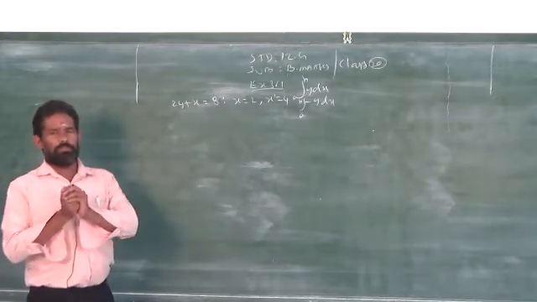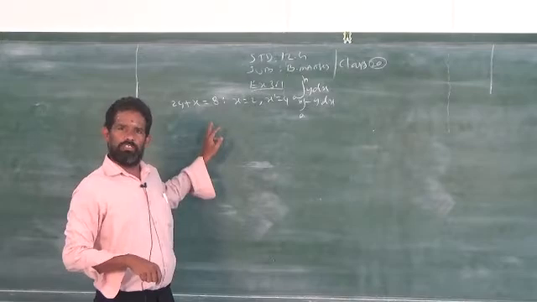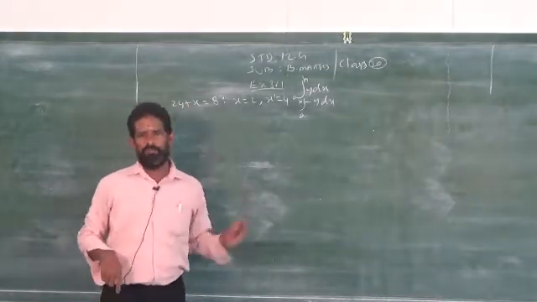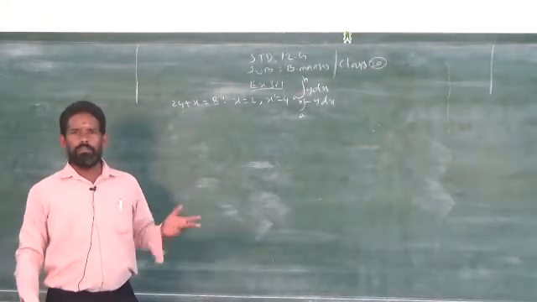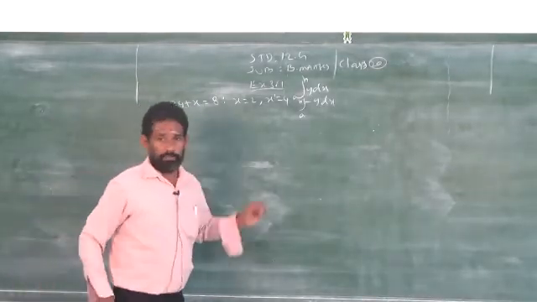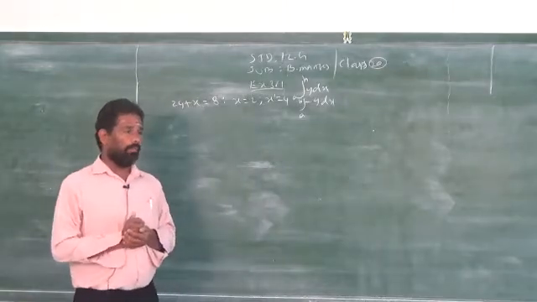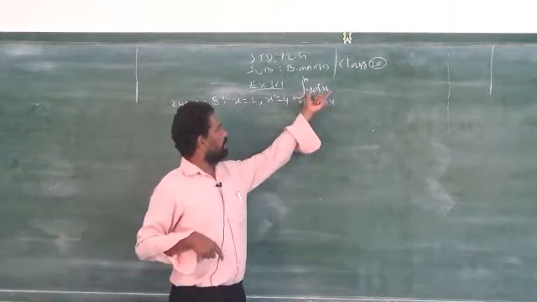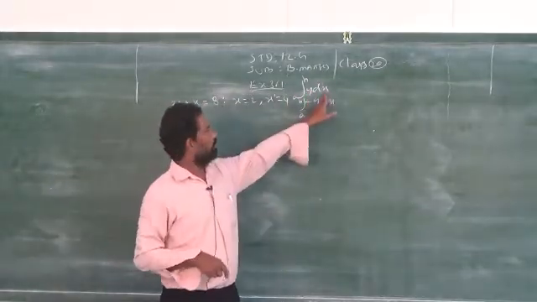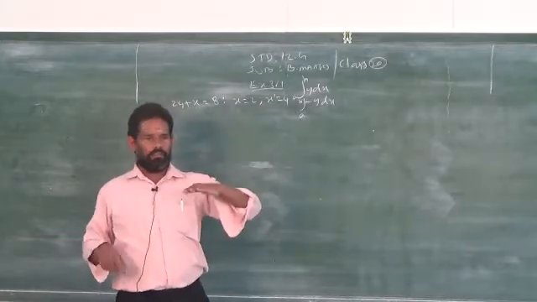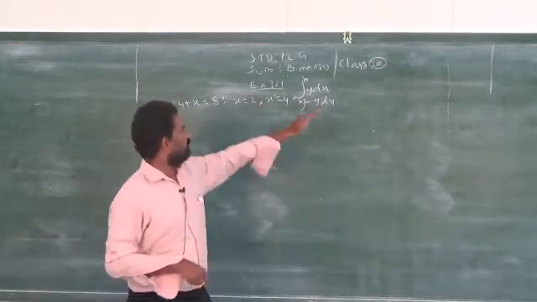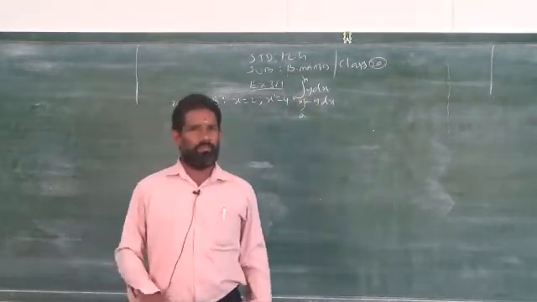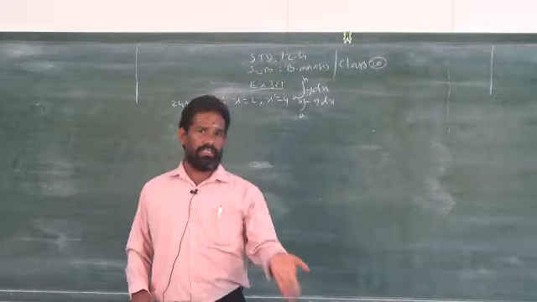Just for a rough diagram, you should know whether it is a straight line. This is a straight line because no variable has power 2. This is a linear function with two variables x and y, therefore it is a straight line. So you have to draw a straight line. I don't know whether this straight line is suitable for the first formula or second formula. The first formula is for above the x axis. When the straight line lies above the x axis, first formula. When the given straight line lies below the x axis, you have to take the second formula. That is the rule I just explained.